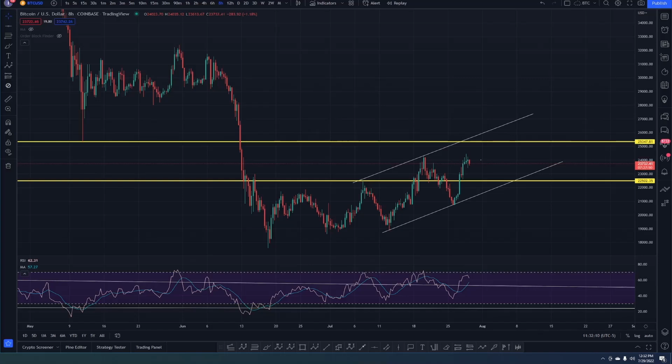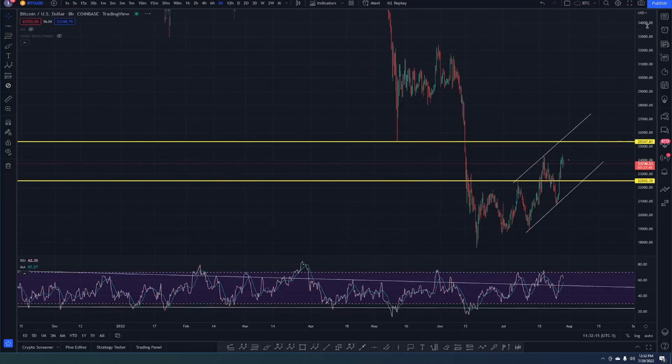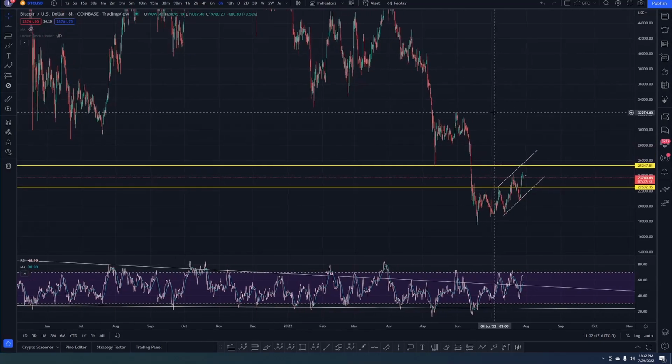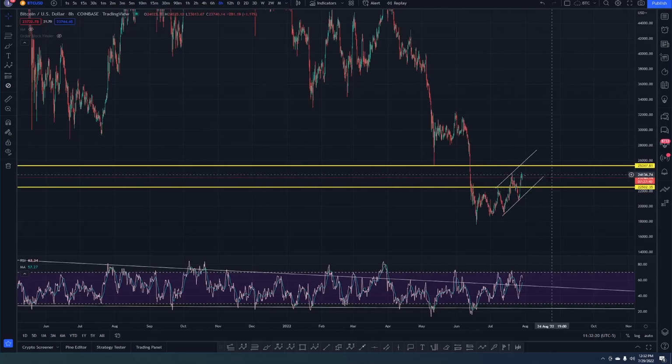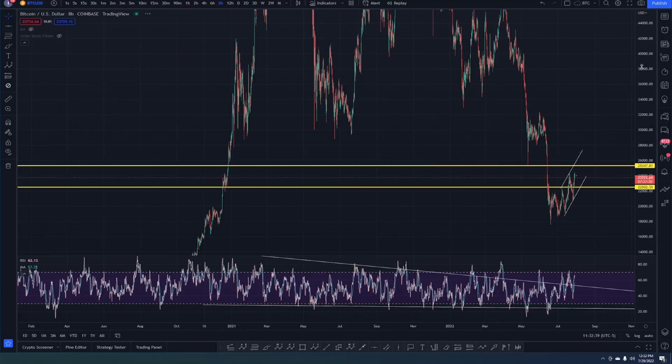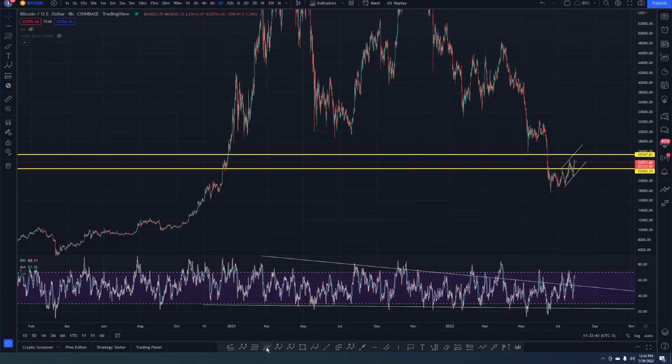All right. So what do we got happening here? Well, a couple of things. Zooming out, this section looks like a corrective area, right? This looks corrective. It looks very bear flaggy for some of you that trade bear flags. For Elliott wave traders, we call it a correction, right? It's simply a correction of price to the upside, counter trend, that's going to be followed by a continuation pattern. So just zooming out, it really looks like we need some continuation to the downside